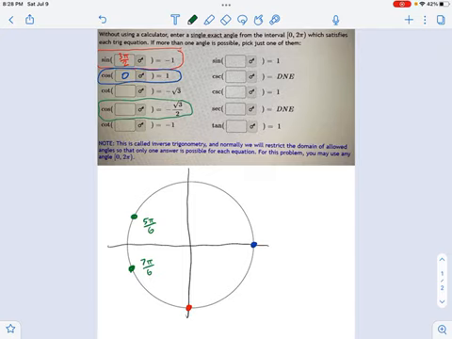So in this case, when there's more than one angle possible, I want you to just pick one of them. This is not the way it's normally going to be when we do inverse trig. Normally, we restrict the domain. And there will be a right answer and a wrong answer. And there's a way that we typically decide which one of these 2 green dots we're going to choose. But in this case, we're just getting our feet wet with the idea. Just pick whichever one you like. So, we could pick 5 pi over 6, and that would be right. And 7 pi over 6, that would also be right, because they would both satisfy the equation.